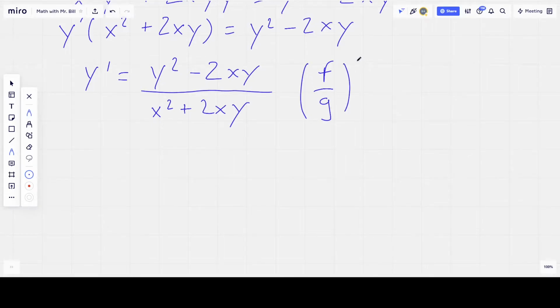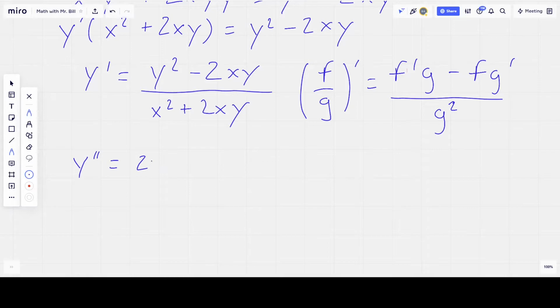Here we're going to be using the quotient rule. The quotient rule is the derivative of the top times the bottom minus the top times the derivative of the bottom all over the bottom squared. So let's try this out here. So f prime, that's the derivative of the top. So y double prime is going to be equal to, the derivative of y squared, which is 2y